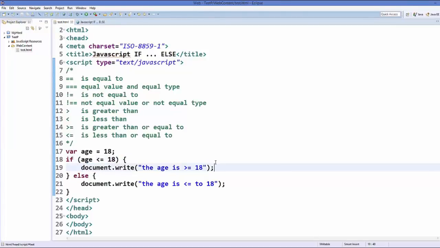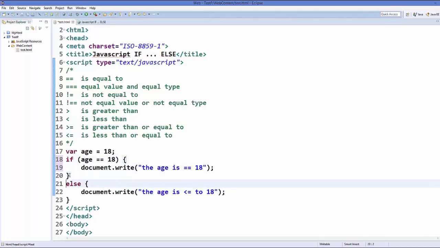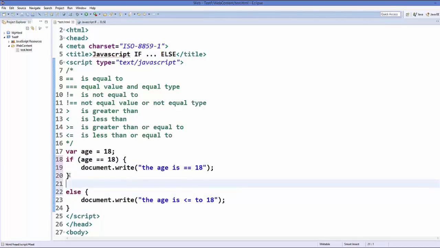Okay, now let's say you want to check multiple conditions. So how can you do this? In JavaScript you can also use a nested if-else statement. For example, here I'm checking if the value is 18, and if it is, I will say the value is equal to 18. Then I also want to check if the value is greater than 18 or not. So after this curly brace ends, and before the else condition,